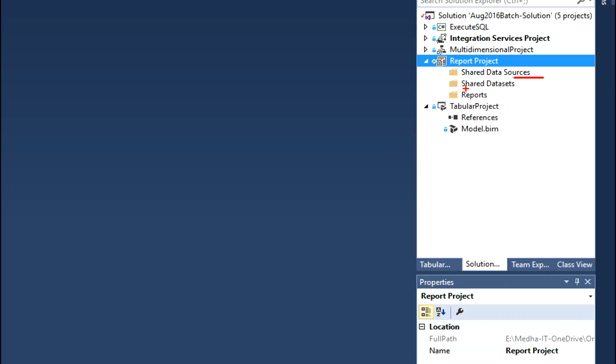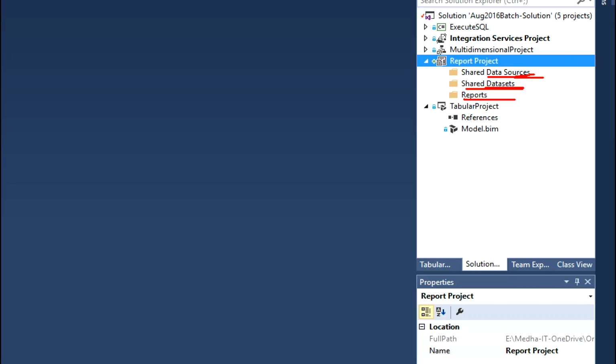Similarly, shared data sets means these data sets can be shared across the reports. That is why these are shared data sets and shared data sources. So, we have data sources, we have data sets where we define the data item, and then the reports where we build the reports.